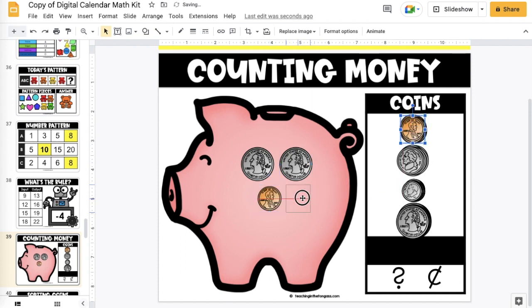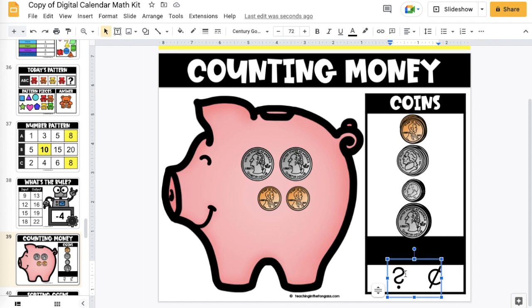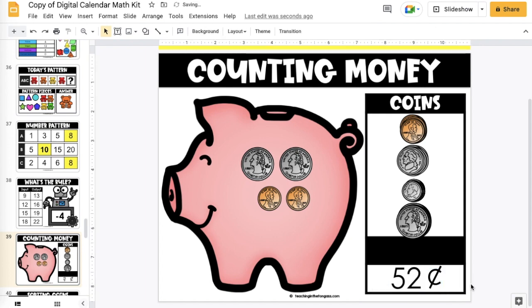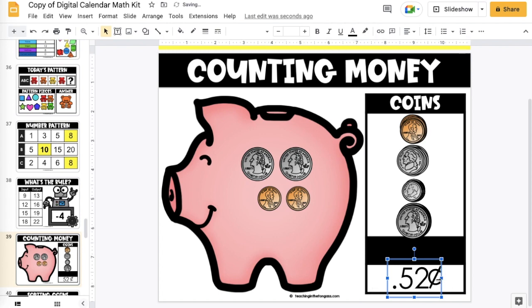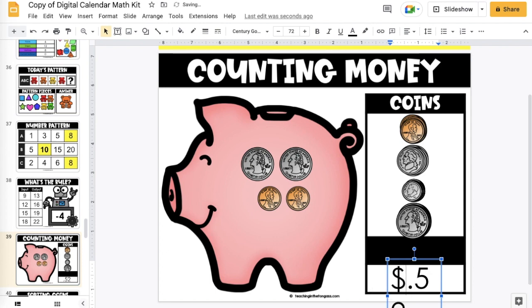So we have 2 quarters, and let's do 2 pennies. So 25 and another 25, that makes 50, 51, 52. Right here in my piggy bank, I have 52 cents. Now, we've talked about a couple of different ways to show 52 cents. This is one of the common ways. We can have 52 look like 0.52, or sometimes you might see in the grocery store or other stores, it'll look like a